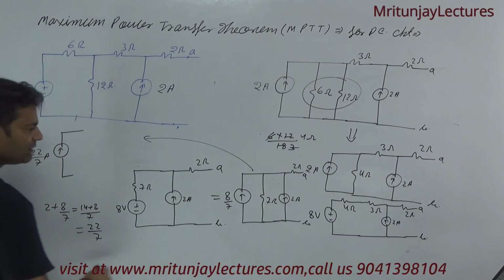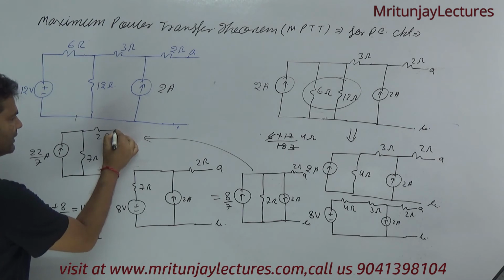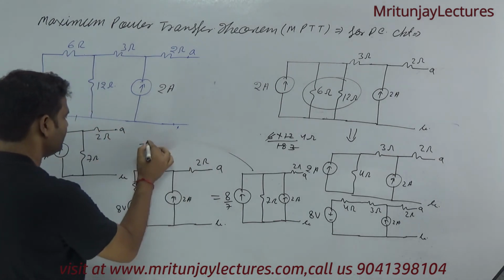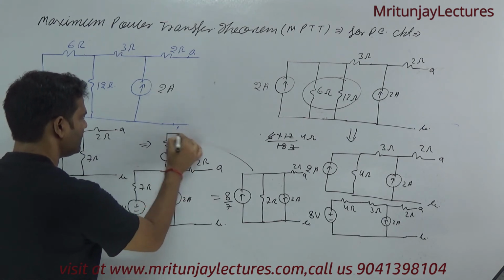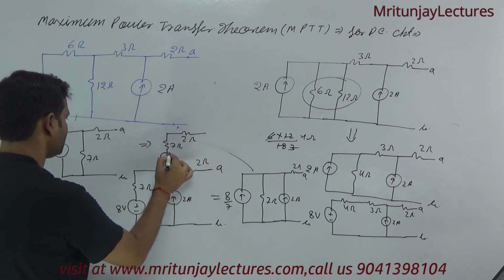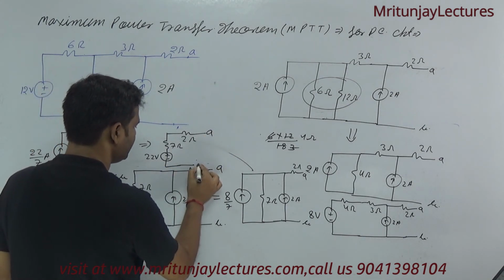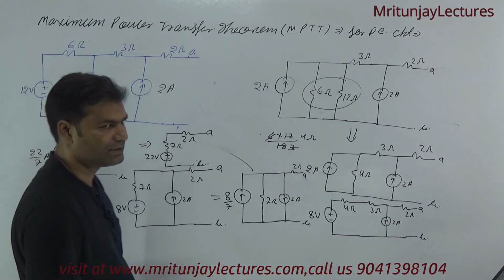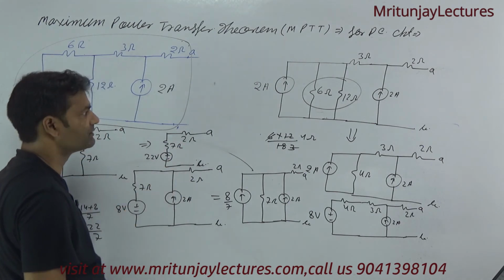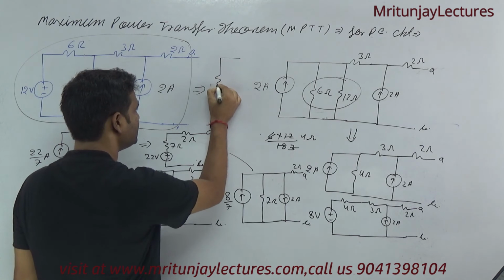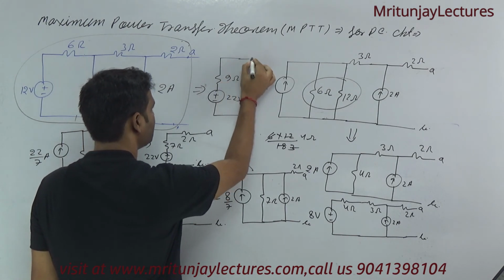Direction of current is upward, and that is 7, and this one is 2 ohm, that is A and that is B. Now another way, if we multiply both, then we get 2 ohm, and this is 7 ohm, and that is plus minus 22 volt, that is A and that is B. So finally you can say this circuit is represented as a voltage source and impedance: plus minus 22 volt, and that is 9 ohm, that is A and that is B.